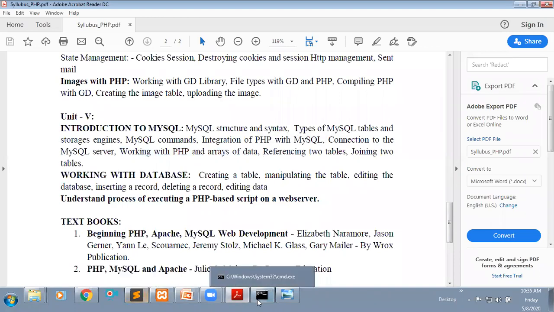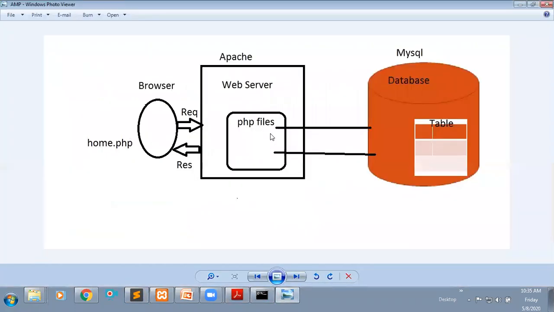If you observe this diagram, in the previous class we connected to this database, first created a table, and then inserted some data into this table. Now I want to retrieve data from this table, or from this database. To retrieve data from this table, what do I need to do first? First, I need to connect with your database.